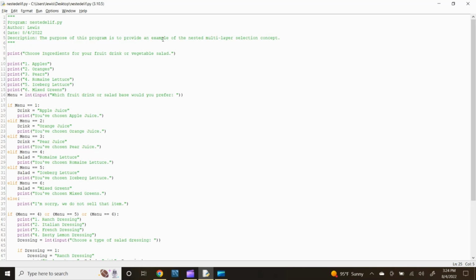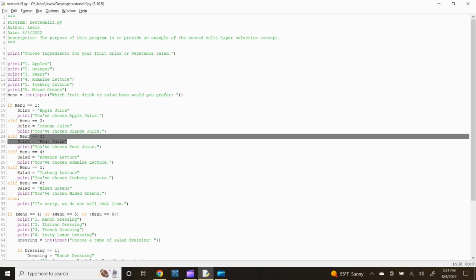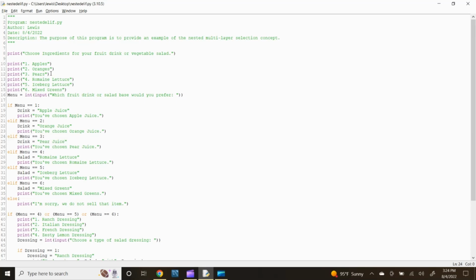Type ELIF menu, double equals 3, colon, press enter. Assign a statement to the word drink for this condition, therefore type the word drink equals, quotation, pear juice, close quotation. Click enter and type the print statement for this condition. Type print, open parenthesis, quotation, then the statement, you've chosen pear juice, close the quotation, close the parenthesis, then press